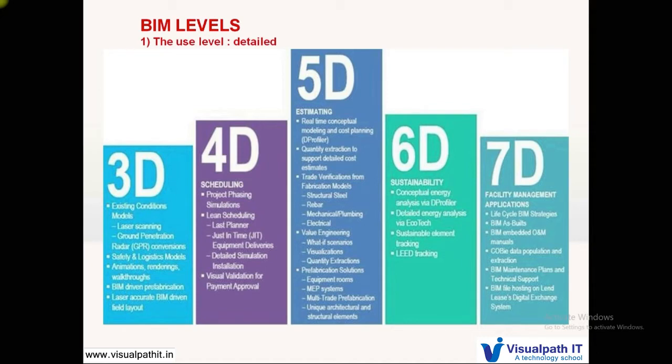Estimation, when I talk about it, is not only the architectural estimation. Revit Architecture will do the architectural estimation. But there is structural estimation, steel estimation, a lot of things are there, which is limited for us now. Then we have the 6D and the 7D. So just have a knowledge of what 6D is.